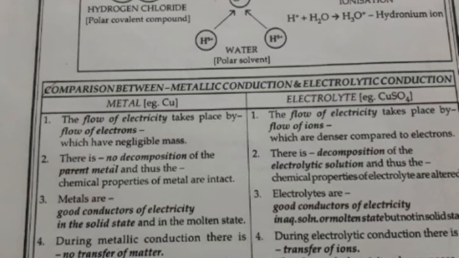And what is ionization? Ionization means formation of ions, like in polar covalent compounds such as ammonia and hydrogen chloride. Hydrogen chloride in the gaseous state or in the pure liquid state is unionized, and it will not conduct electricity. When will it conduct electricity? When it dissolves in water. Why? Because it will ionize in water to form hydronium ion and chloride ion.